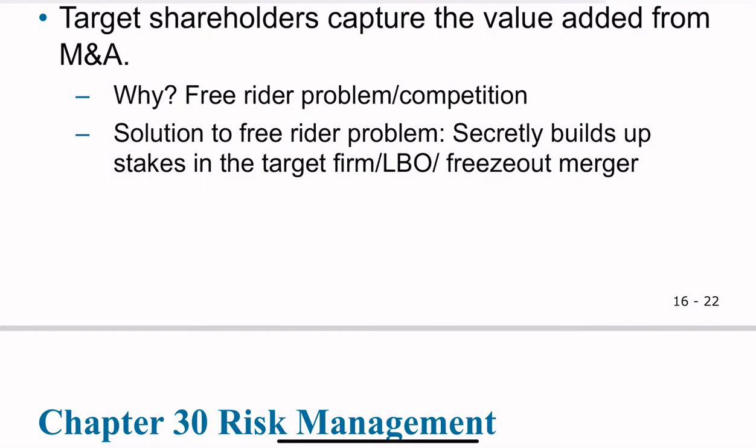After 10%, you have to disclose to the public that you have accumulated 10% of shares. So if you can secretly build up stakes in the target firm, this can partially mitigate the free rider problem, but you cannot completely remove the free rider problem because of this 10%